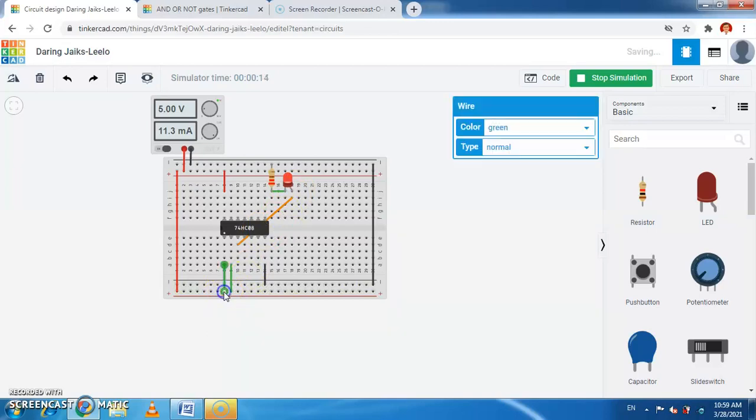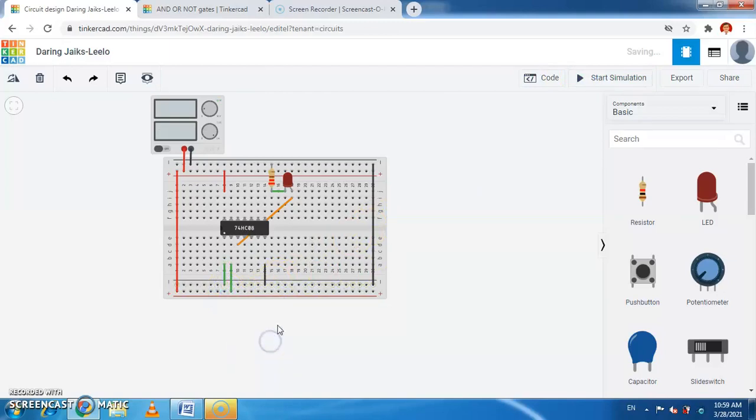Suppose we make this A as 0. For this purpose we have to stop the simulation here and then give the inputs. So we make A 0 and B 1. So let us start here. Simply the output is 0 here.